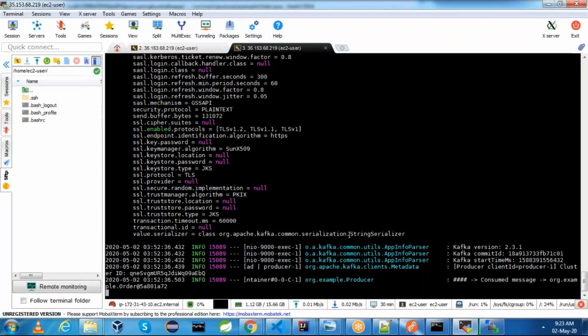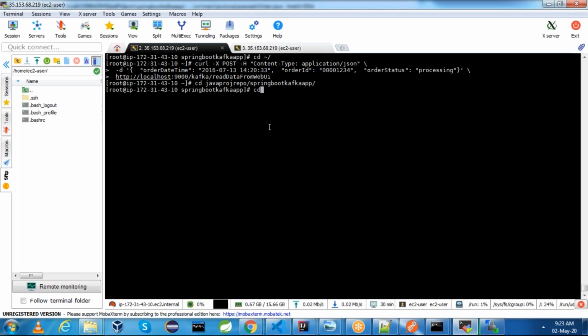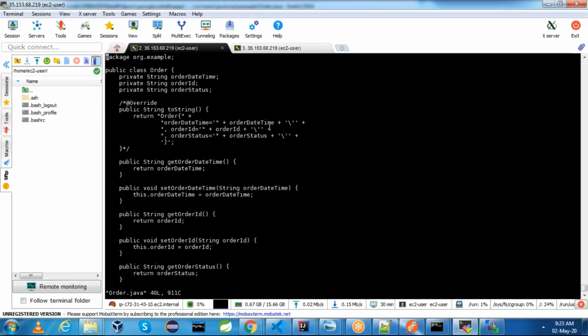Let me stop this and go to the code. cd java project repo, Spring Boot Kafka application, cd src main java, vi, cd org example, vi the .java file. Here I commented this out. You can uncomment this so that you can see the details easily.